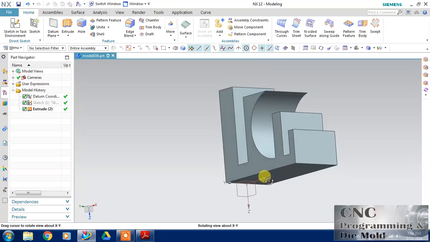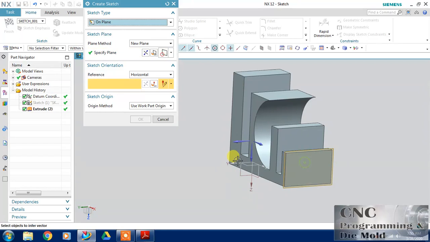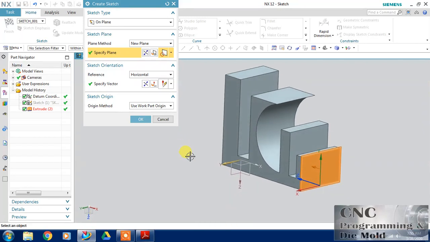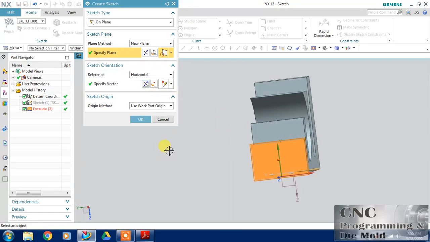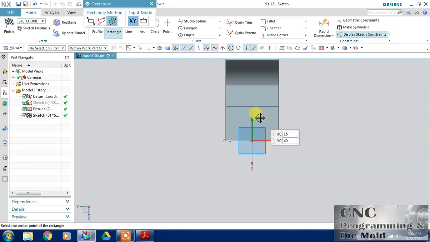This time I am going to draw a sketch on this outer face and flip. This flip will help you to orient the view in Sketcher. Now in Sketcher this will look like this. So I have oriented the view.